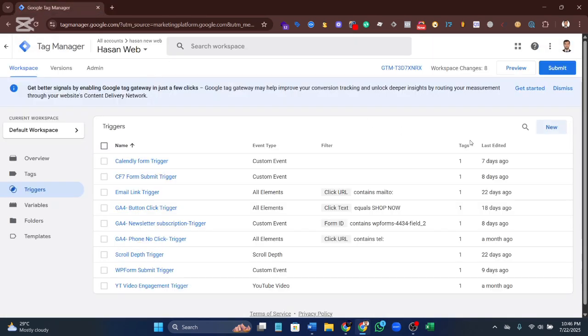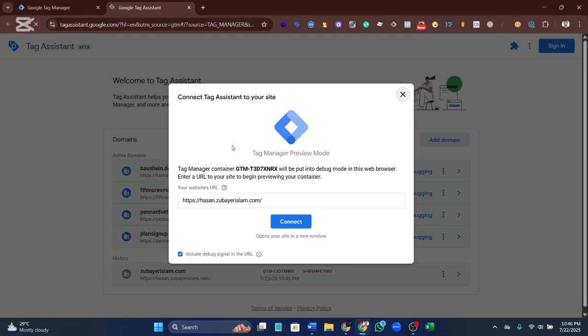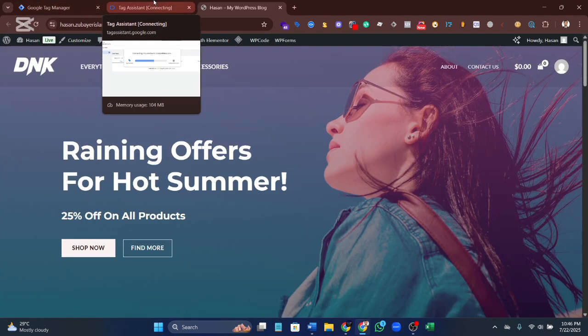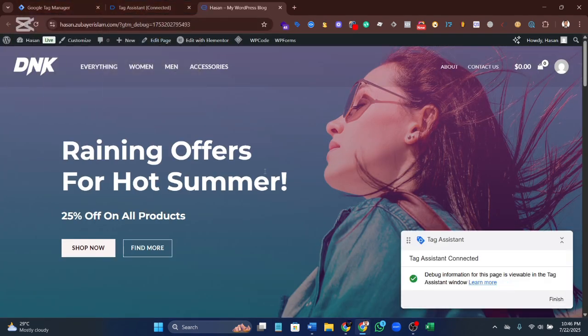We measure this through GA4, so Google Tag Manager works for GA4. First of all, we have to create a tag for view item